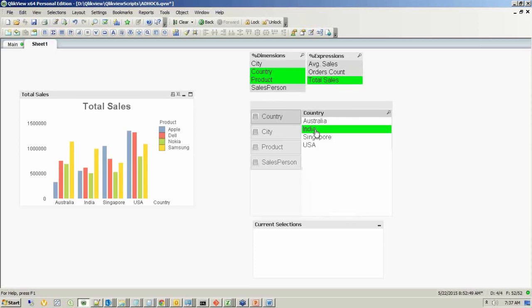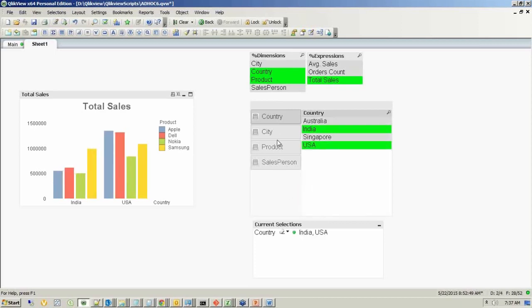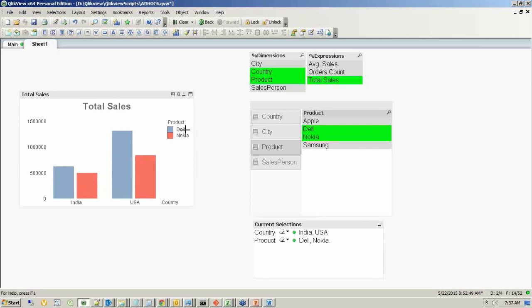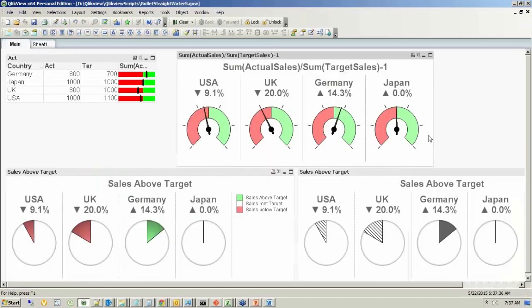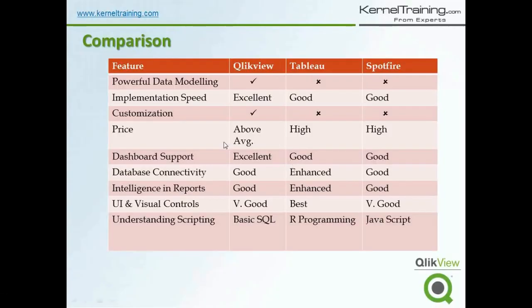Hey, out of country, I only want India and USA. Click that only. I want only the products Dell, Nokia. Okay, that means you can customize your report here. I mean, this is the way of dynamically building this report. These kinds of things are lacking in Tableau and Spotfire. Okay, so just